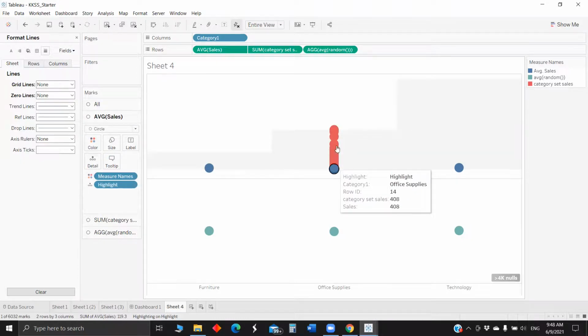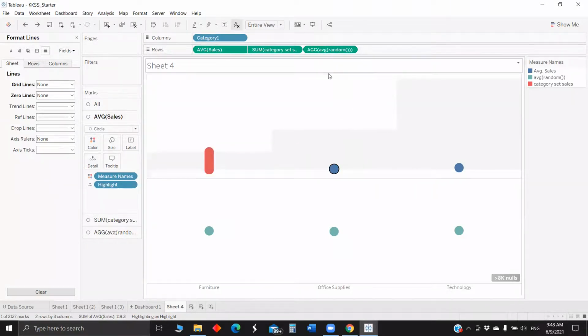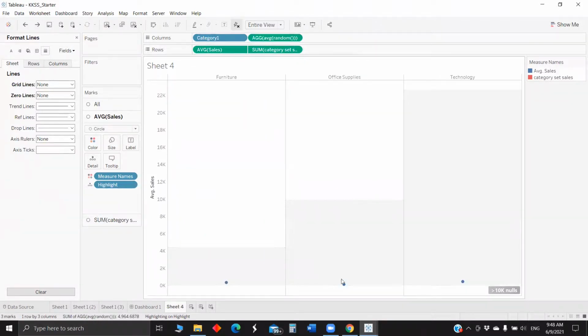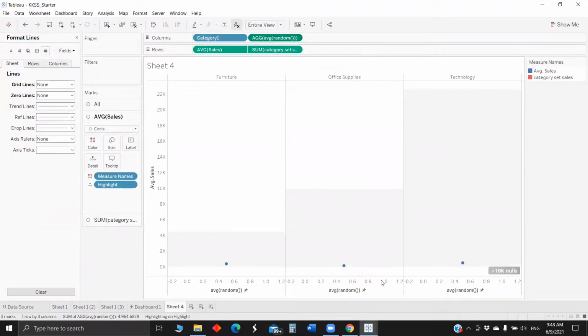In order to distribute these data points across some width rather than showing them in a straight line, so that we are able to look at the distribution well, we have used random. Now if you tap, you can see how the distribution looks. If I show the header, you will get a better idea. This is the random axis, populated from -0.2 to 1.2.